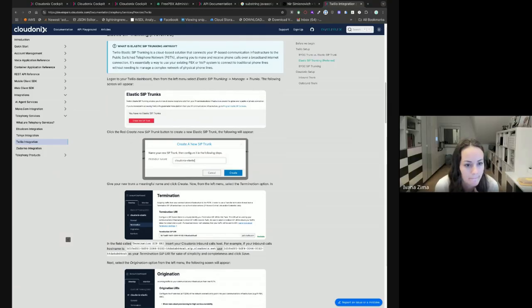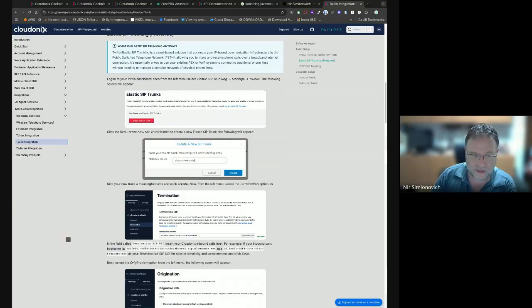Technically speaking, an Elastic SIP trunk is preferred. It works faster on one hand, and it will perform better. A BYOC SIP trunk is basically you'll need to write additional call control inside Twilio, which is kind of redundant in that respect.